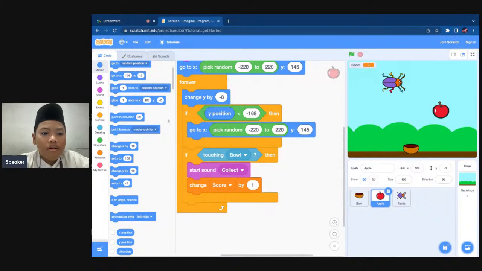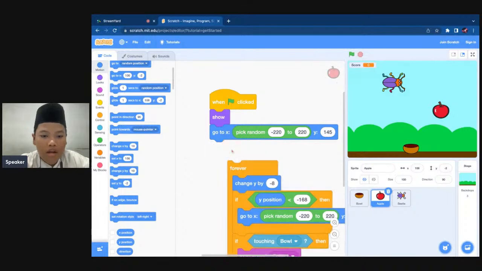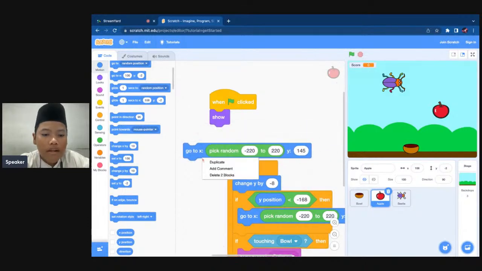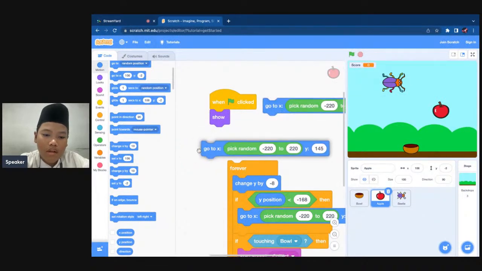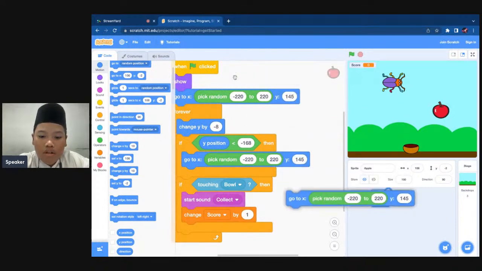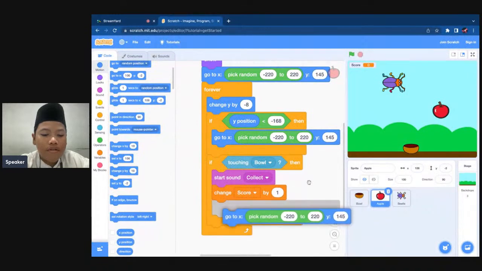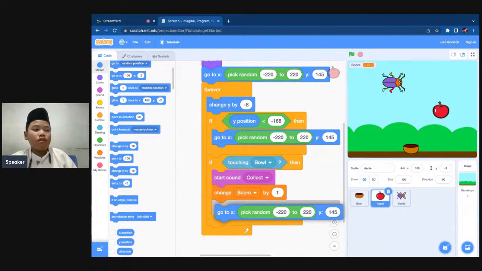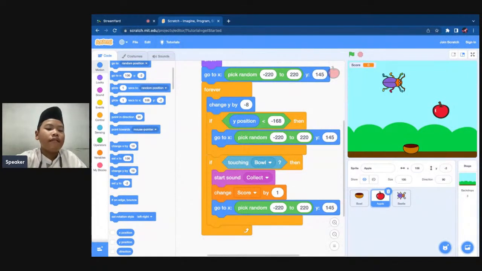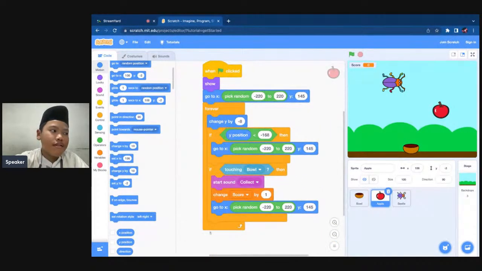Or right click on the first go to X Y block, and press duplicate. And then drag the go to X Y block into the bottom of change score by inside the second if then, like this. And your code should look like this.